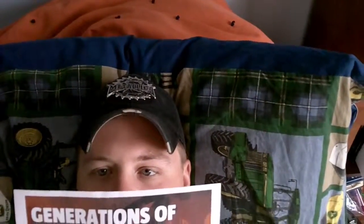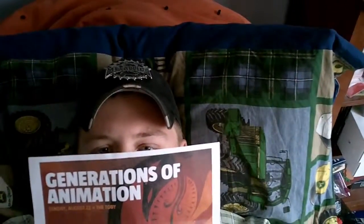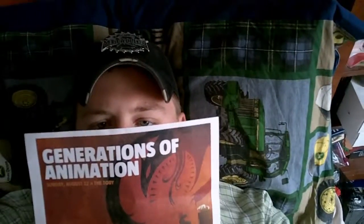Generations of Animation, and according to this, there's going to be a lineup of Gertie the Dinosaur, Snow White and the Seven Dwarfs, The Secret of Kells, the Dinosaur and the Missing Link, Teeny Super Little Guy, Western Spaghetti, Luxo Jr., Paco, and